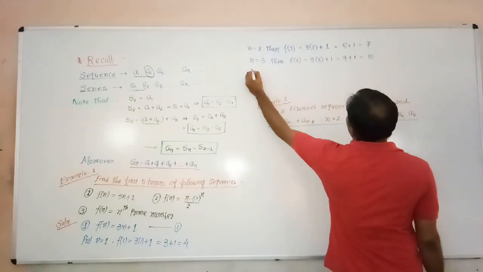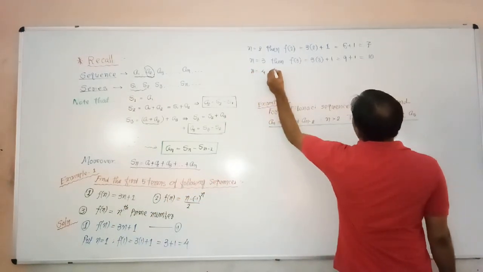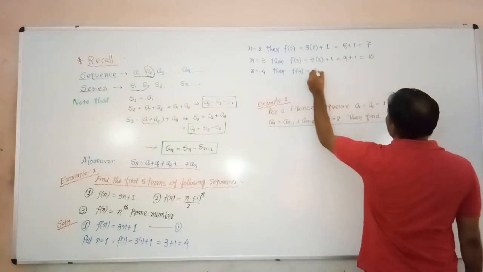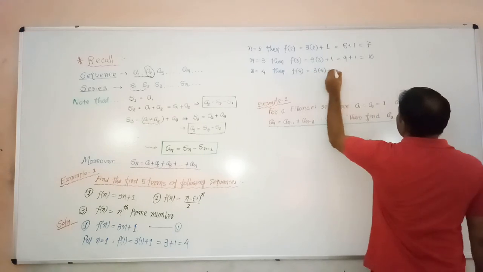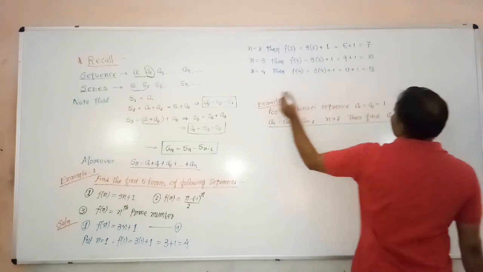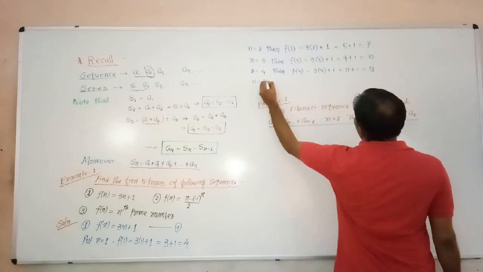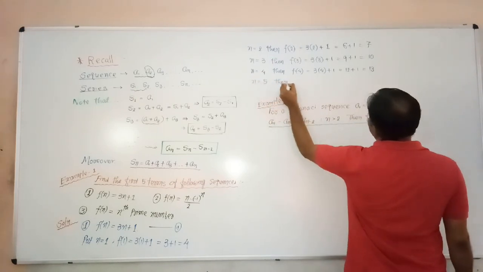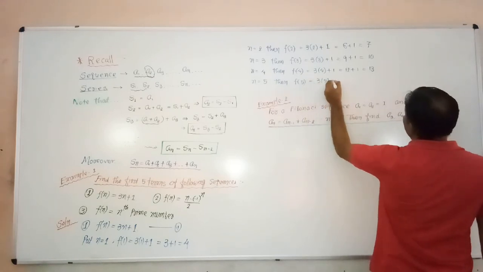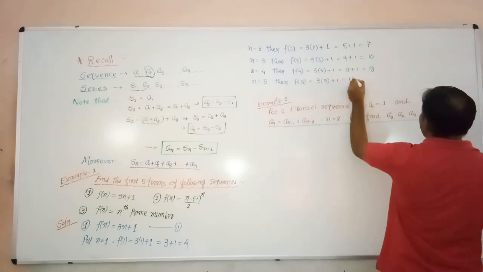Put n equals 4. Then we get f4. f4 is 3 into 4 plus 1. 3 4s are 12 plus 1, and that is 13. And similarly, n is 5. Then f5 is, by putting the value n equals 5 here, 3 5s are 15 plus 1, and so